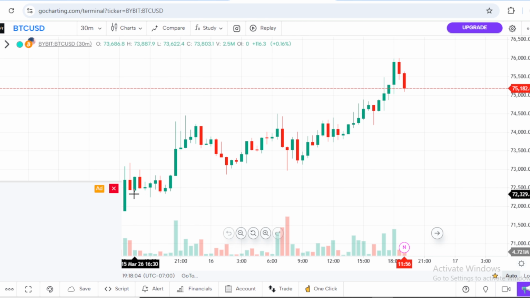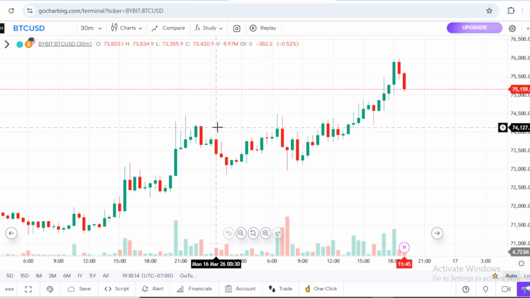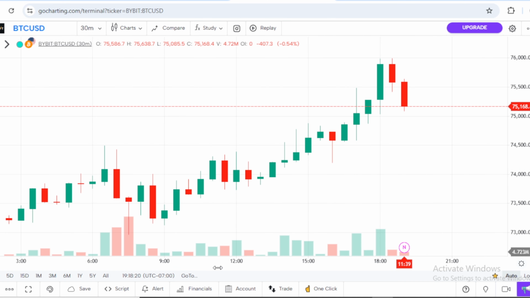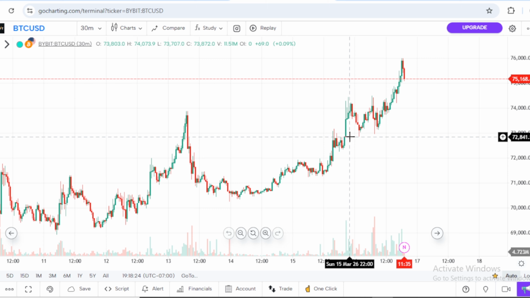This particular platform is free of ads. The only ads you are going to see are the ones that pop up around here, which are not anywhere close to your chart. It's not going to affect your chart. So that's one good thing about the platform. So let's go on setting it up, and I'm going to show you how you can save your settings, so whenever you close, you don't go back to default settings.